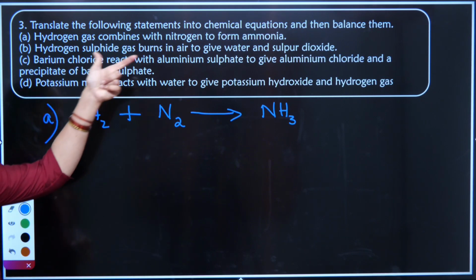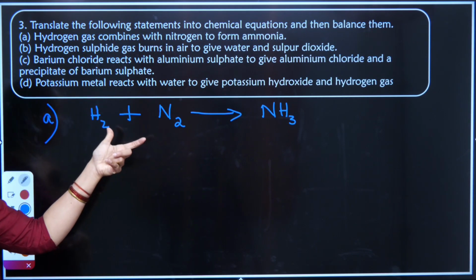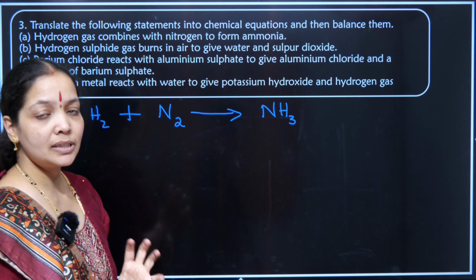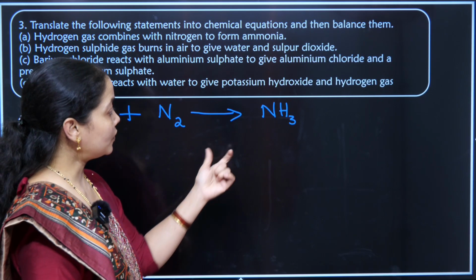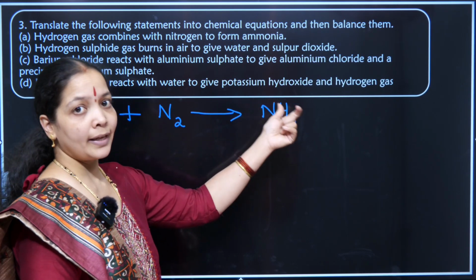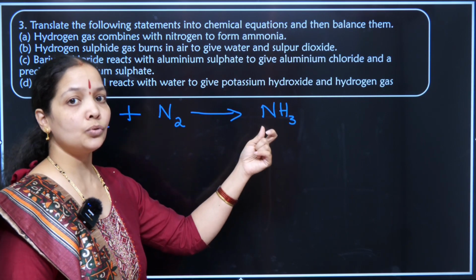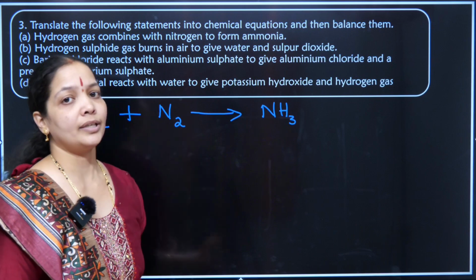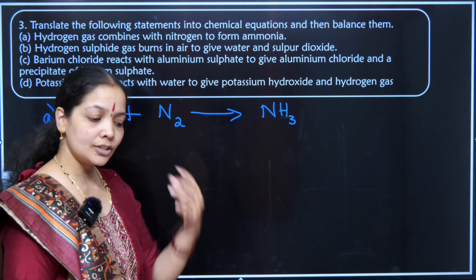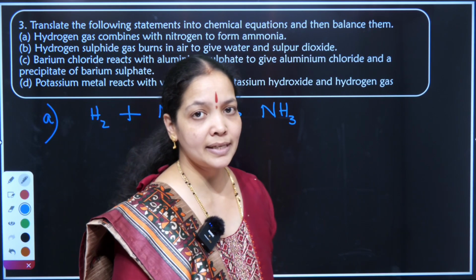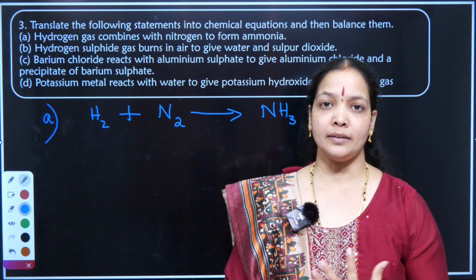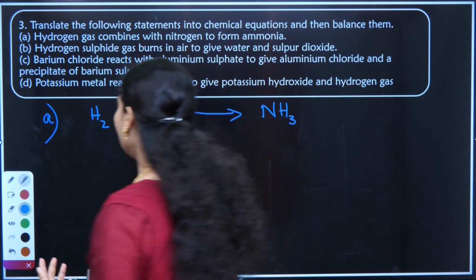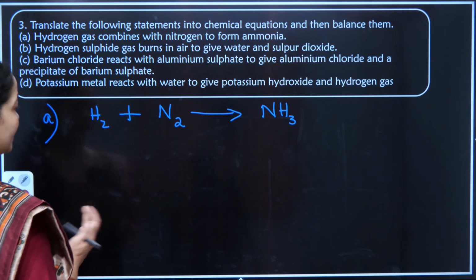Whenever a verbal expression is given and symbols are to be written in that format, first I should be aware of the symbols in a proper manner. Whether I have to write NH2, N2H, NO3, SO2, SO3, depending on the words there, I have to be very particular. For that, there is a list of compounds that you have to memorize, which I will be providing in the comment section, so not to worry about it.